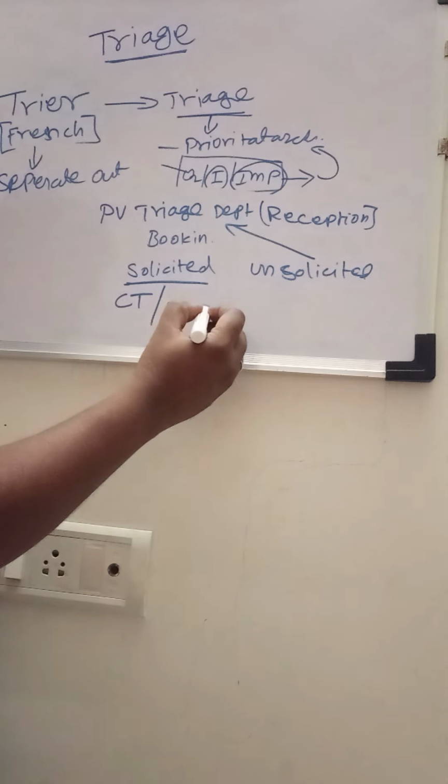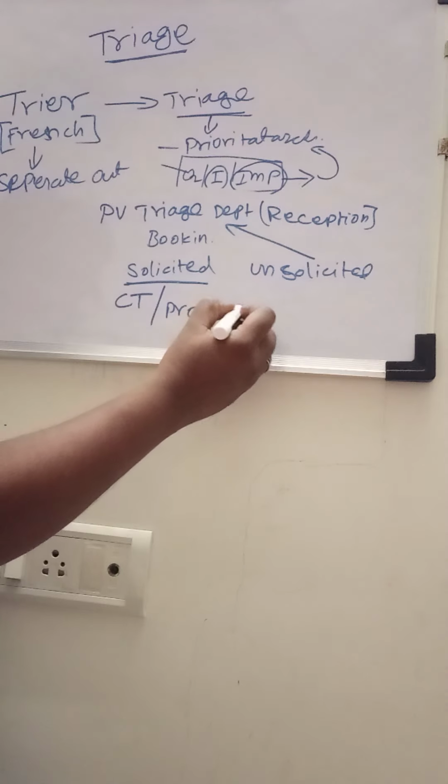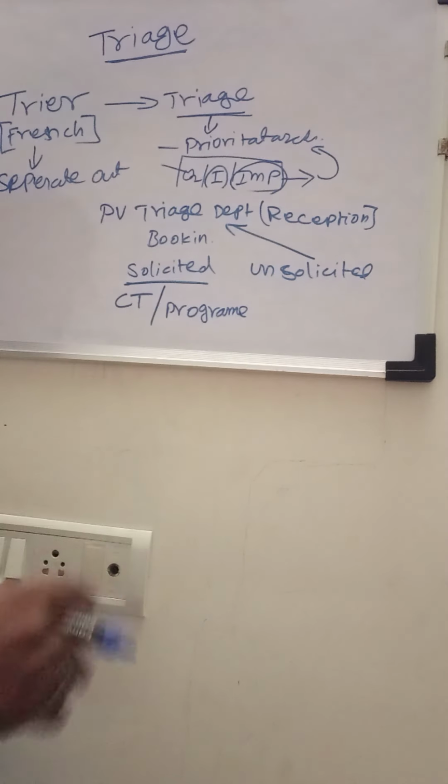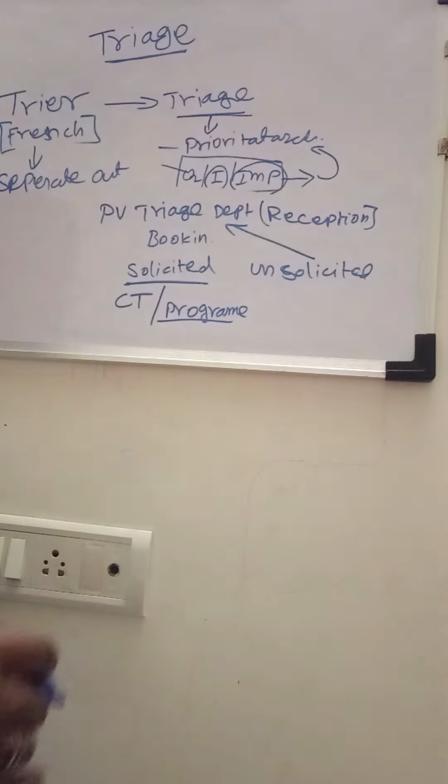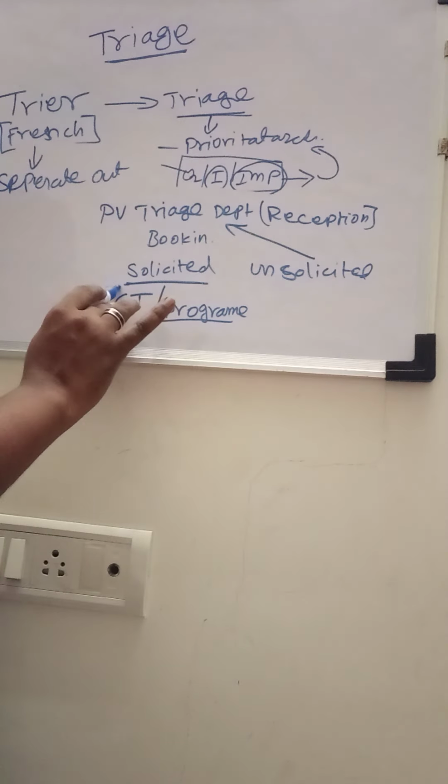If the marketing authorization holder conducts some kind of program, like a patient support program, the cases may come from a compassionate use program, a patient support program, or a patient oriented program. So it is a structured